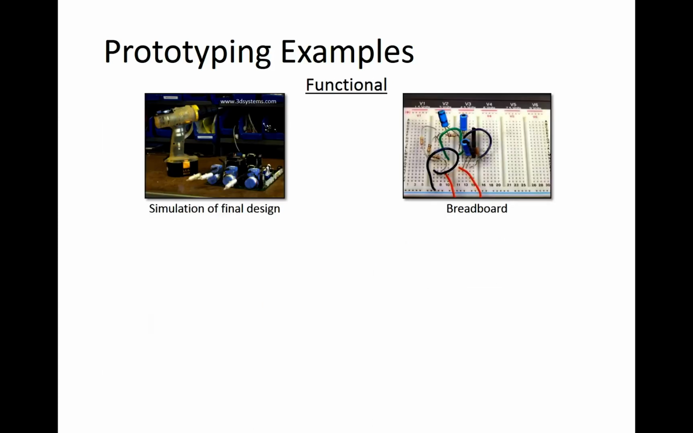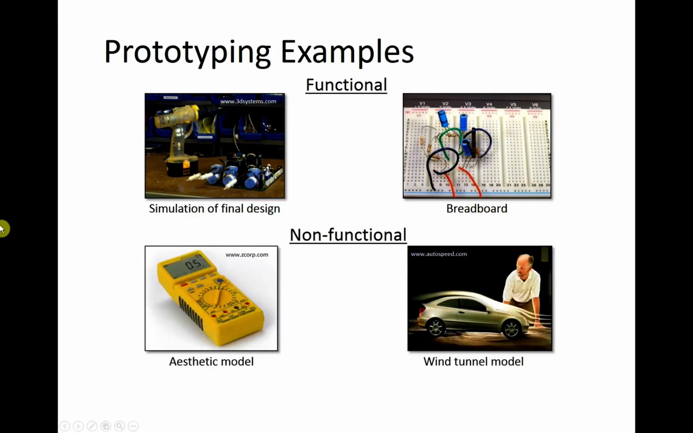Some prototypes are created to test the functionality of a design, such as this prototype of a cordless drill that actually works, or this circuit that was built on a breadboard. Other prototypes are meant to provide information about how a product looks or feels, like this model of a multimeter, which doesn't actually do anything except to give information about the aesthetics of the final product. Or this tiny model of a car that can't be driven, but can be used to get aerodynamic information about